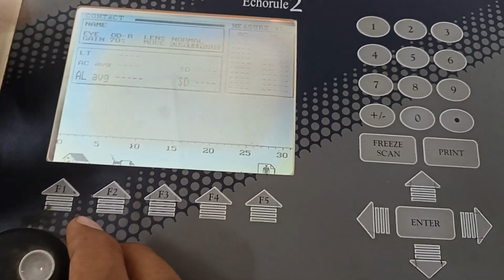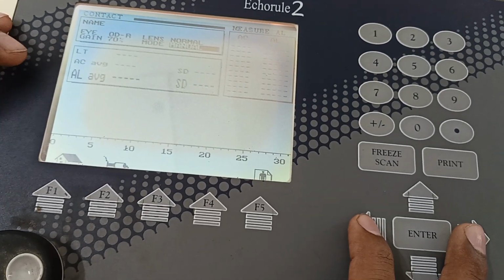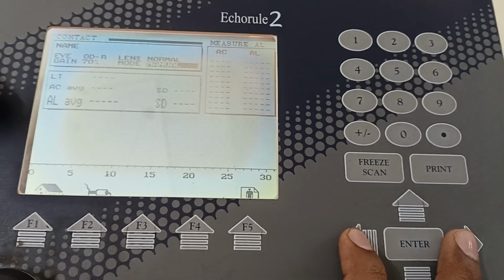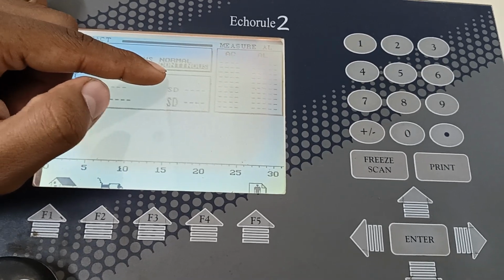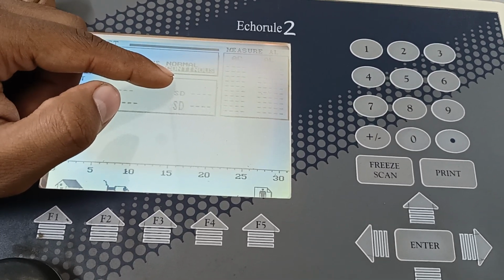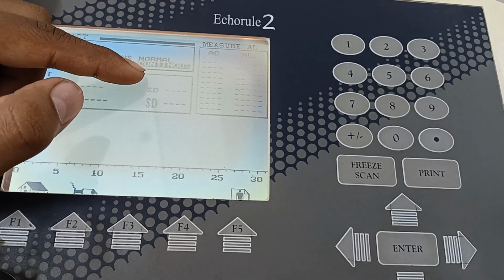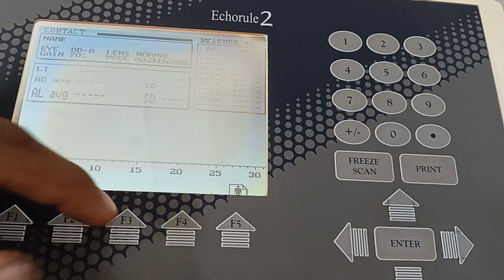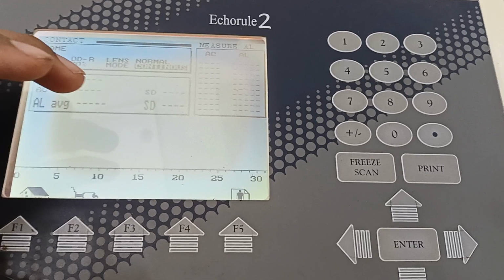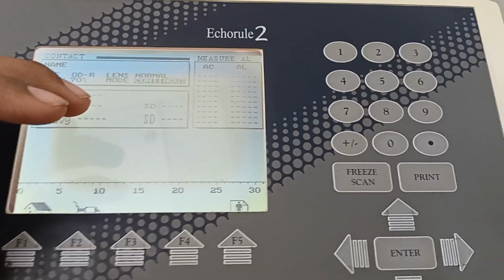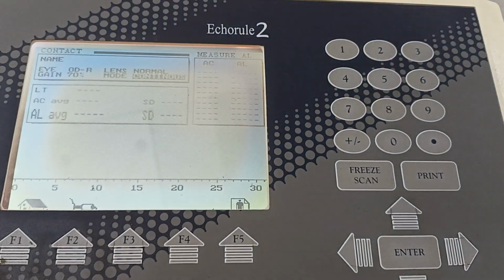Moving next, there is an option, one is continuous and another is manual. This is the mode, continuous mode and manual. If I'm turning it to continuous, it means when I touch the probe on the patient's cornea, I have to keep my hand stable. It will continuously take around 10 readings. If I'm turning it to manual, every time I have to touch the cornea, I have to take and select the reading. So you cannot do that. Obviously, every time you touch, there can be a little difference in the placement of the probe. So simply select the continuous mode and go ahead.